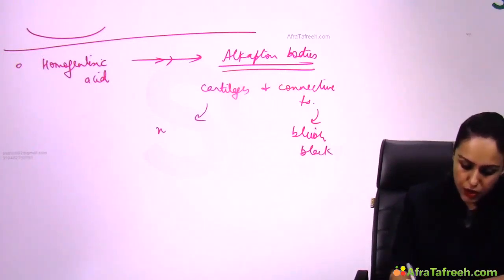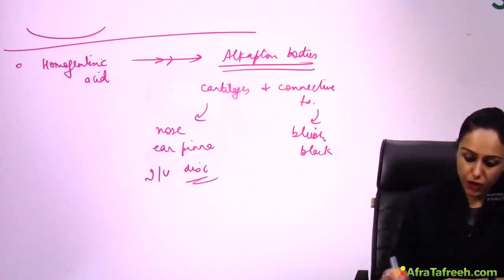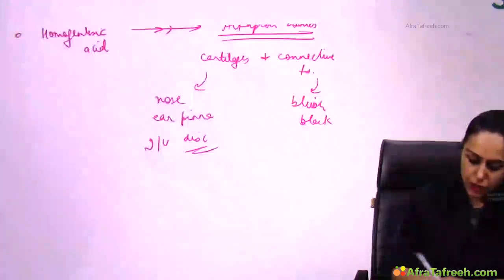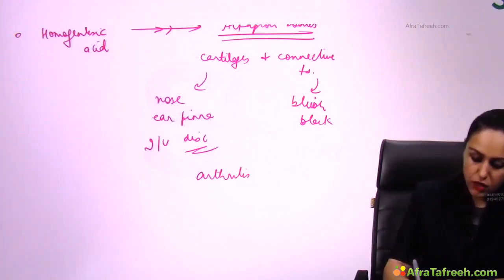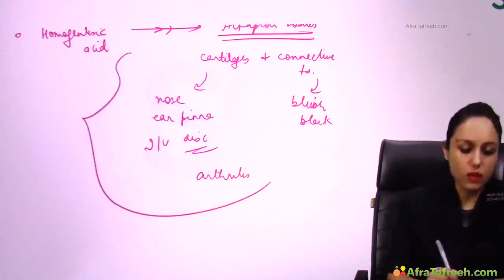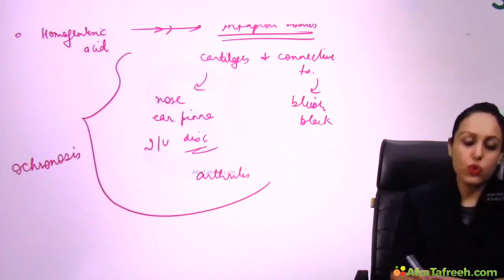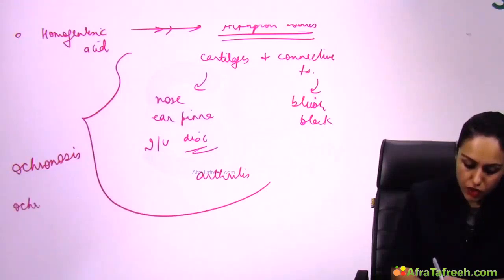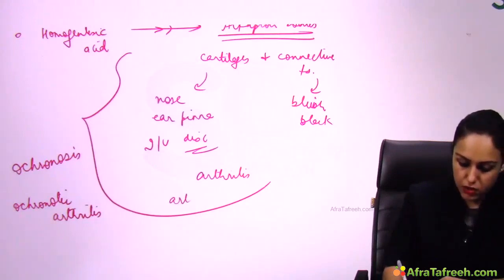Especially it will accumulate in nose cartilage, the ear pinna, and intervertebral disc, and that's why the patients have back pain. After some time this will lead to arthritis also, and this accumulation of homogentisic acid in the body is known as ochronosis. The arthritis which occurs here is also called ochronotic arthritis,